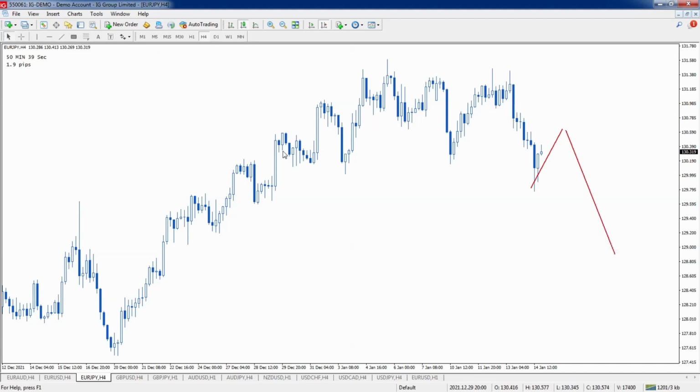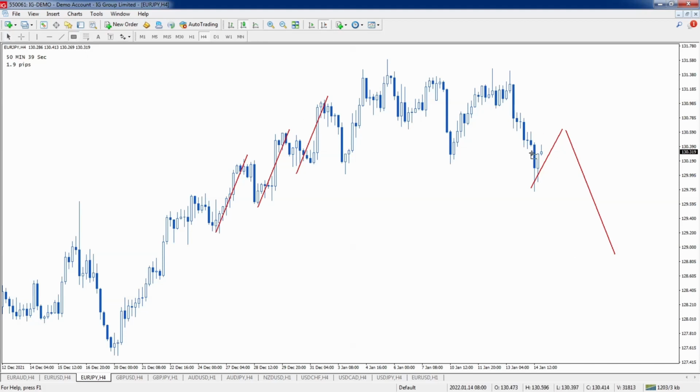We're going to see that the impulse moves generally are going to be similar in length. So if I take a trend line and measure this, we can see that this impulse move is the same as this impulse move, it's the same as this impulse move, it's very similar to this impulse move, and so on. So if we go in the opposite direction, we can see we've got an impulse move to the downside. So what that means is if we've got an impulse move going down, we're going to have a correction coming back up. And then from there, we're looking for another impulse move to the downside.